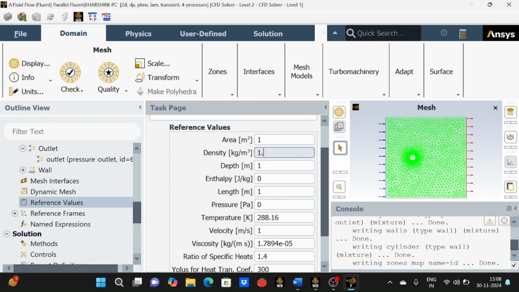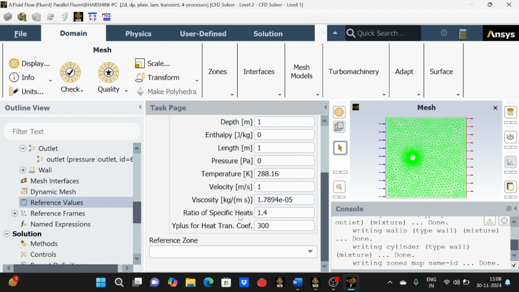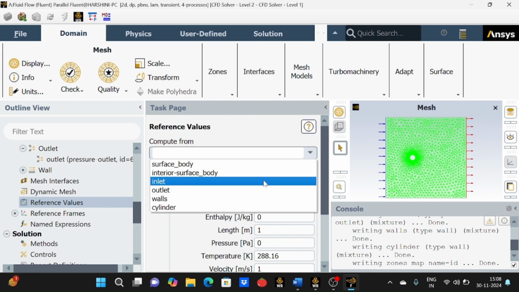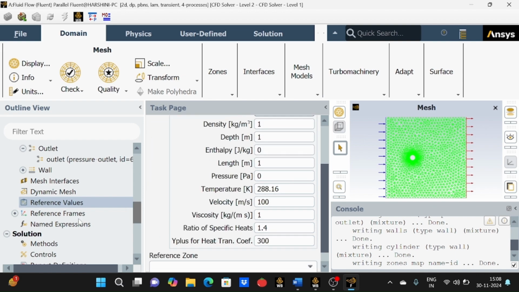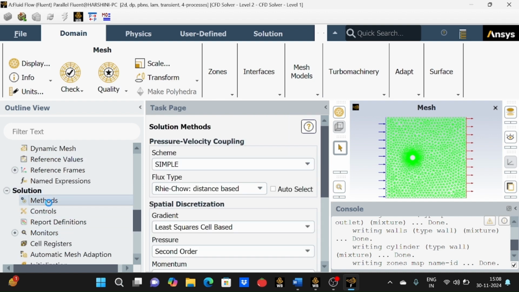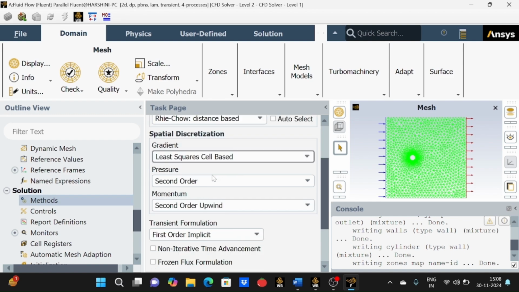And then we are going to see the reference values where we are going to change the density to 1 and viscosity to 1. We are going to keep the compute from as inlet, and then we are going to go to the methods